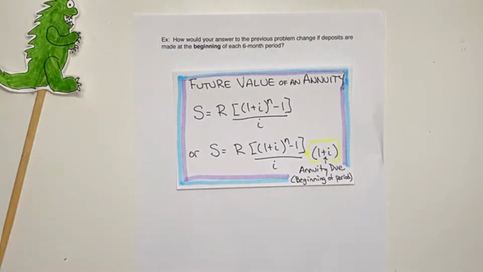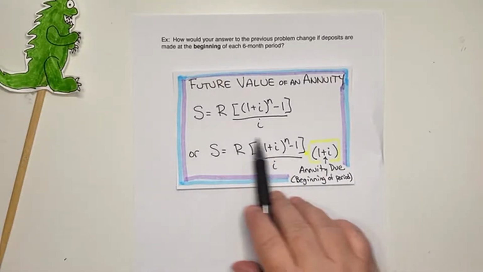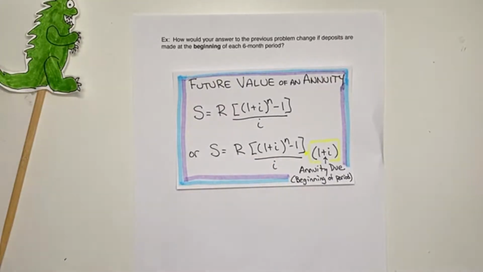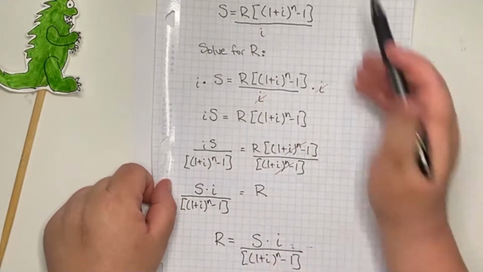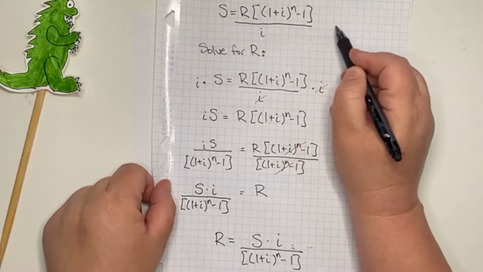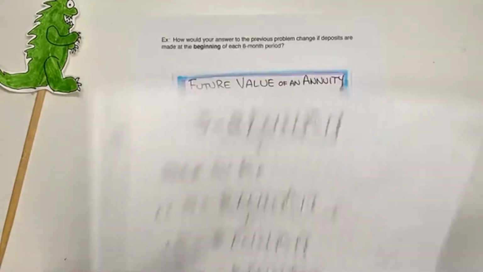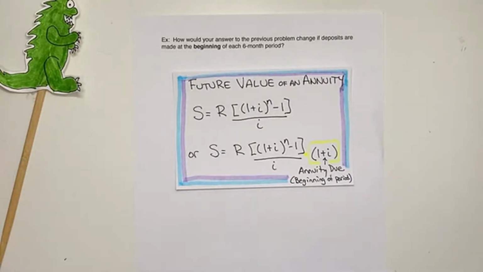Now, for the purposes of this video, it's getting kind of long. I'm already at 20 minutes. So I'm going to tell you that you can take this formula and, using the same method we just used, but with a little extra guy stuck on, 1 plus i, you can actually get a different